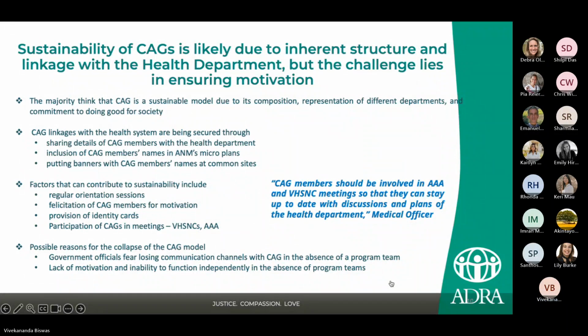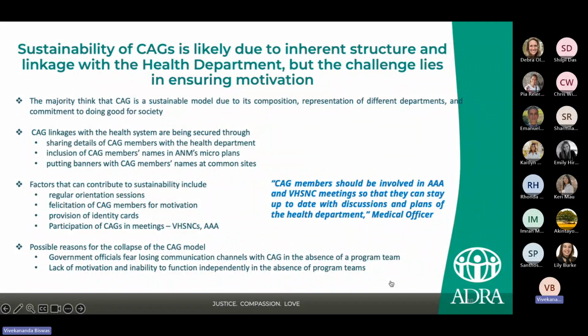We asked particular questions to the community action group members, the government stakeholders, and many of the community members about the sustainability part, whether this model will be sustainable and why